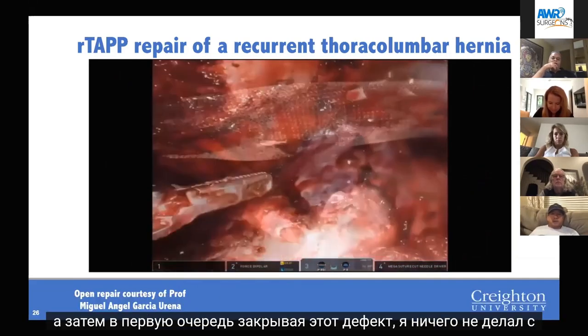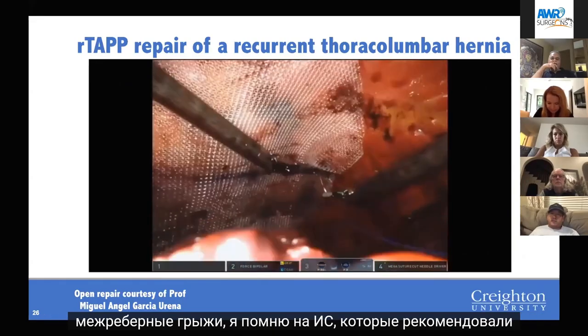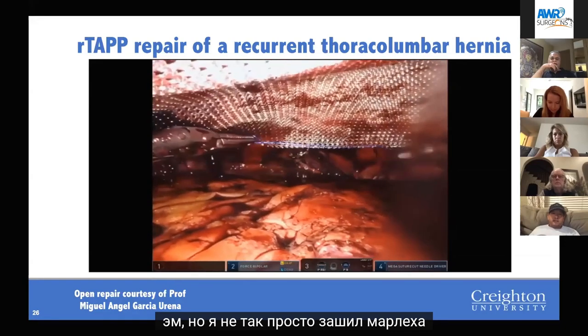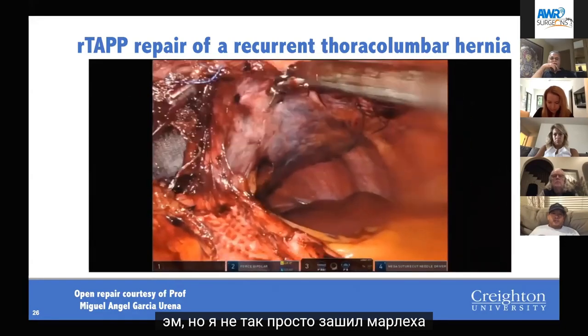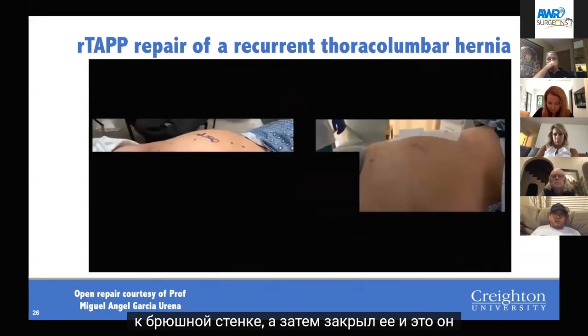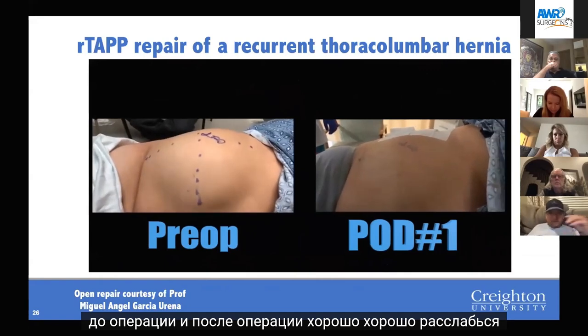I didn't do anything about the intercostal hernias. I remember on the IHC they were recommending that, but I didn't. So just sutured Marlex to the abdominal wall and then closed it. And this is him pre-op and post-op. Okay, relax, cough,